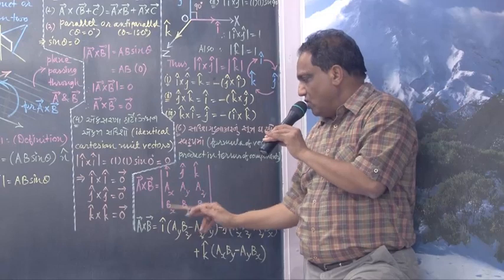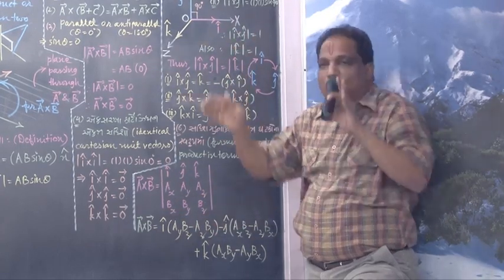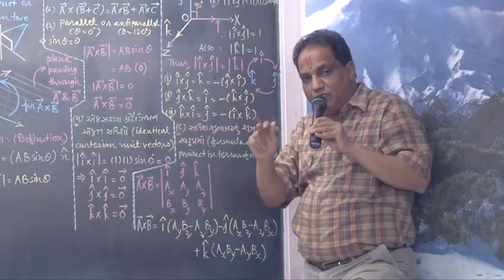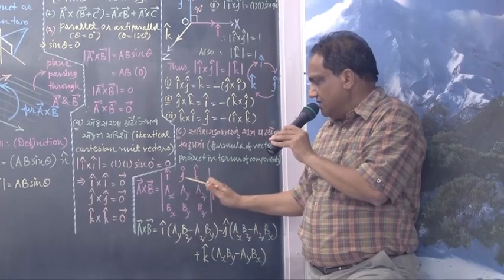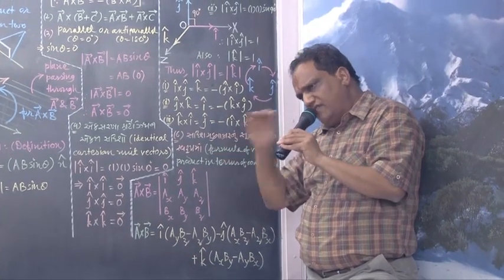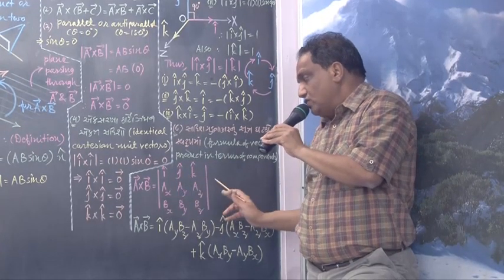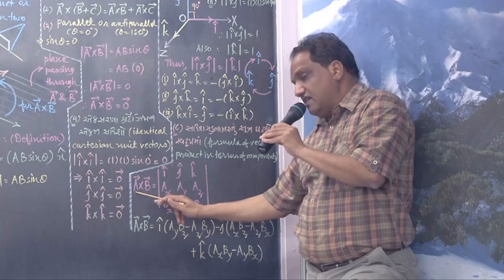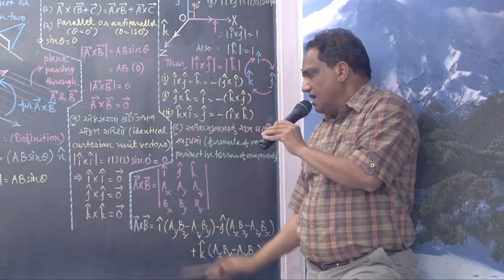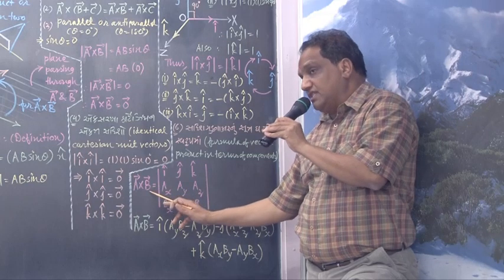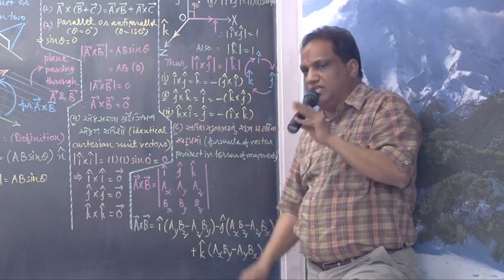This is not the symbol of modulus, this is the symbol of determinant. 2 vertical lines, between which you must put 9 figures. Which are they? I hat, J hat, K hat, always in the first row. Then in the second row, what should you write? Components of the first vector. Here it is vector A, so write AX, AY, AZ. Components of vector B, the second vector, you write in the third row: BX, BY, BZ.